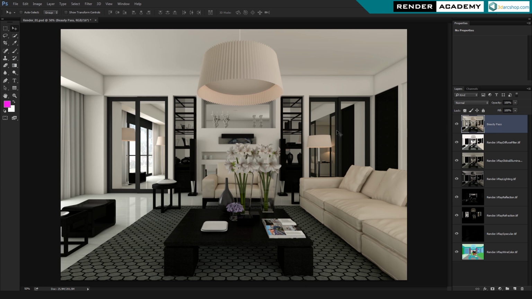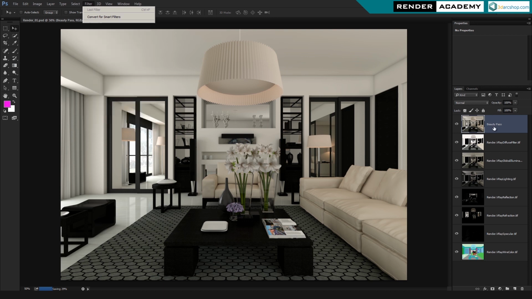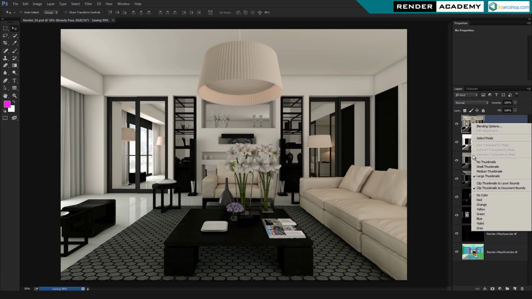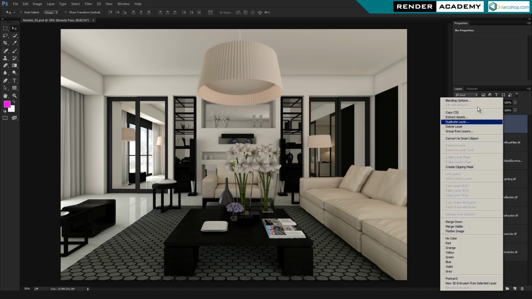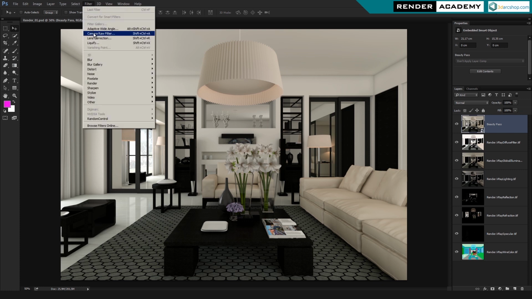And I want to apply one filter, that is the camera raw filter. Now I don't apply the camera raw filter directly on the layer because maybe for some reason I want to move back and do other operations. So before applying this, I right click on the layer and I convert to smart object. Doing so, this layer will be a container of various operations. It became like a bin, and you see this icon here. So now I can apply filter, camera raw filter,